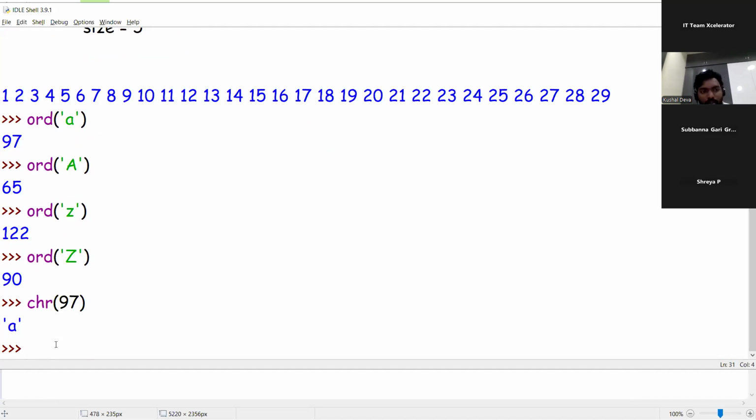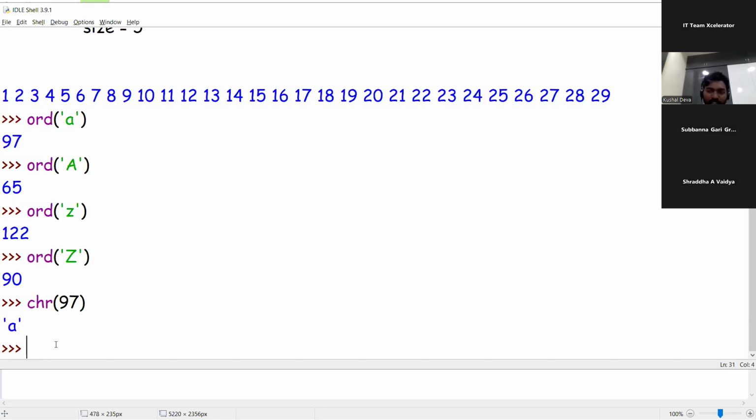Make sense? So ord converts a character to a Unicode value, and if you pass a Unicode value and want to convert that to a character, you go for the chr function. All of these are built into Python. If you want to go for some data structures concepts, like where you want to create a hash list and maintain some counts, there you can use these functions. Because it doesn't make sense, let's say here I want to store something with a character size of 26 only. We know that lowercase a is 97 and lowercase z is 122.